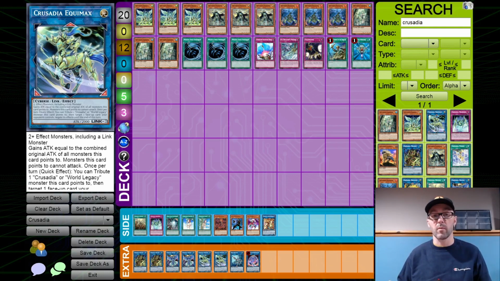Notice that Crusadia Equimax has an arrow that points up, as well as 2 diagonal down arrows, which means it will gain the attack of the monsters that you control that it points to, in addition to the attack of the monsters that your opponent controls that it points to. This means, at minimum, Crusadia Equimax will be doing 2,000 damage because its attack will always equal your opponent's monster's